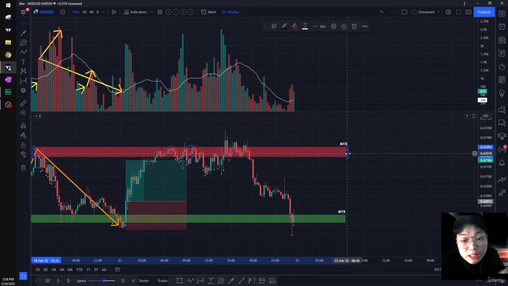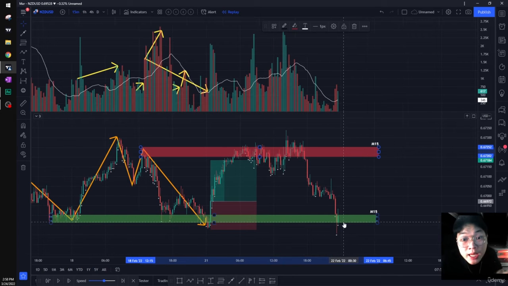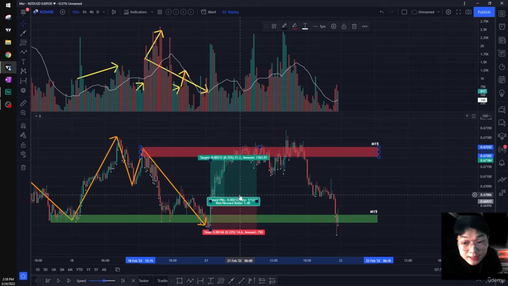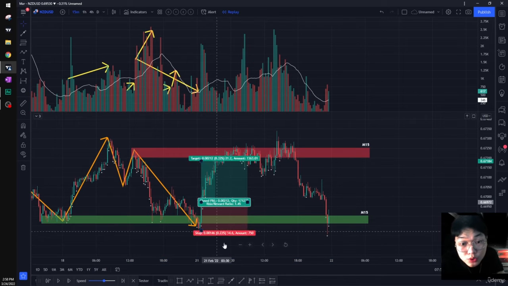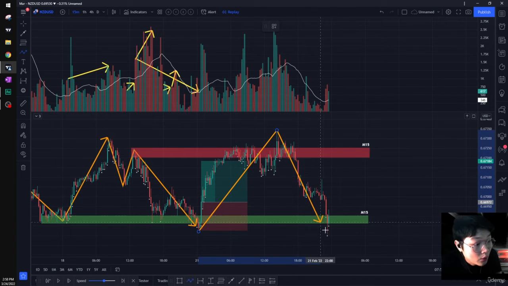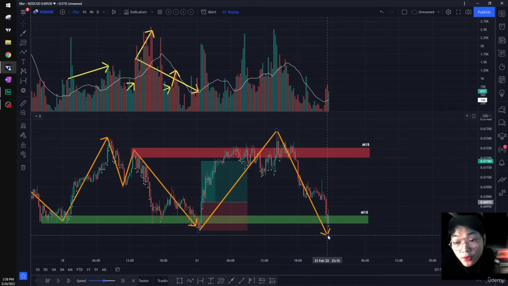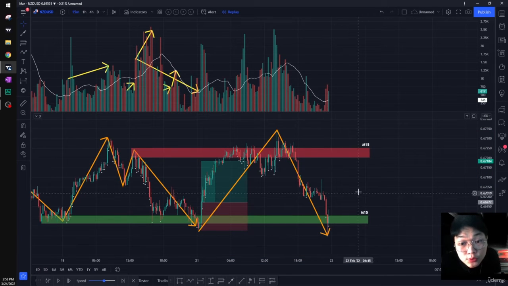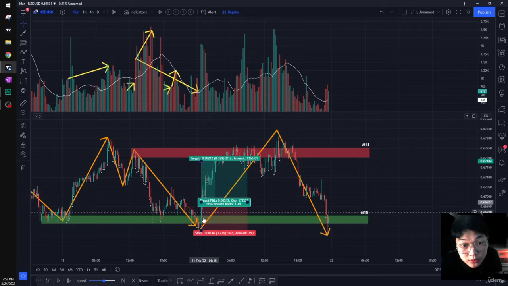Price has already come into our strong buying zone, and at this time we have already exited very exactly. And at this time we have two new ways. The first way is up movement, which has no structure on this way, and the second way is down movement. Therefore, at this time you can analyze the momentum of the market to see